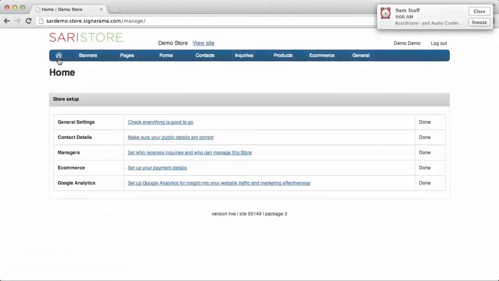What I'm going to cover next is basically making edits to your website. So some basic edits to the overall layout of your website. And when you come into your website, on the front end, if we view the site,